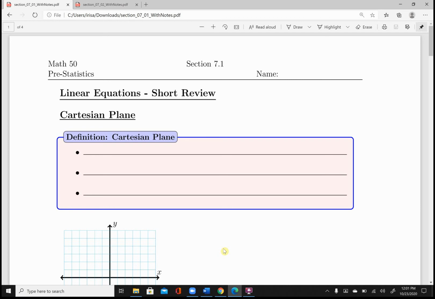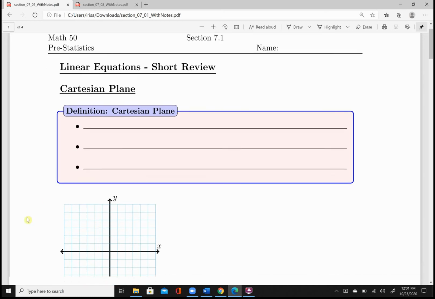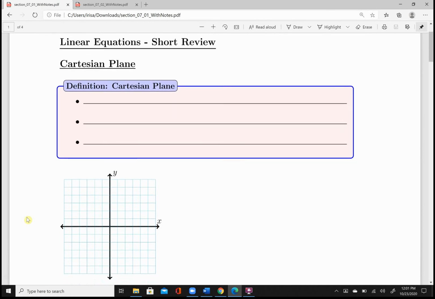Okay, so what is the beginning of Chapter 7 all about? Well, this is when we're going to get into graphing linear equations. In fact, we'll just leave it at that for now. And before we have our, probably for most of you, reintroduction into graphing linear equations, let's have a short review on what the